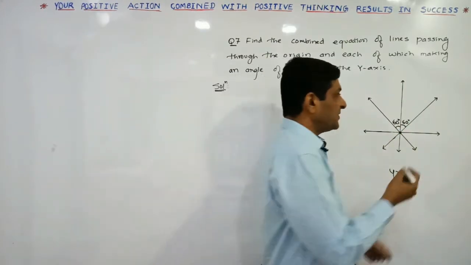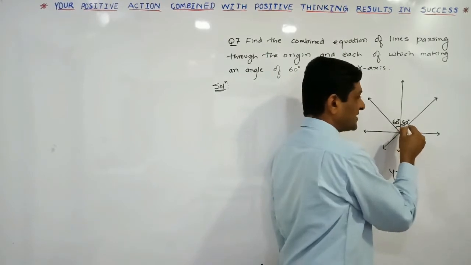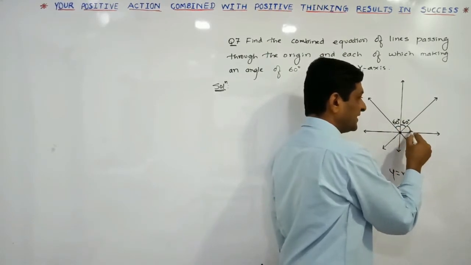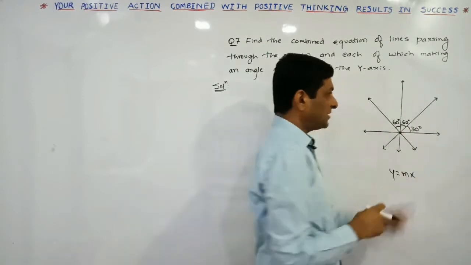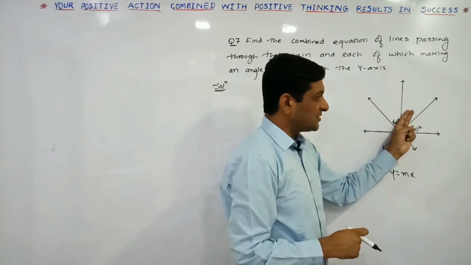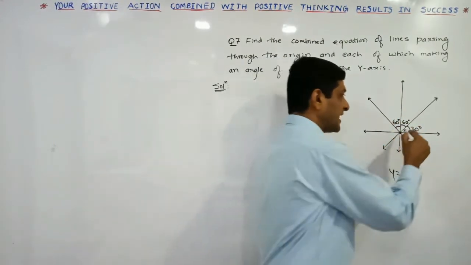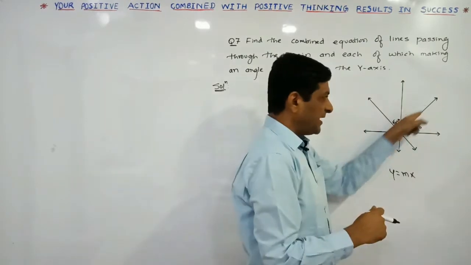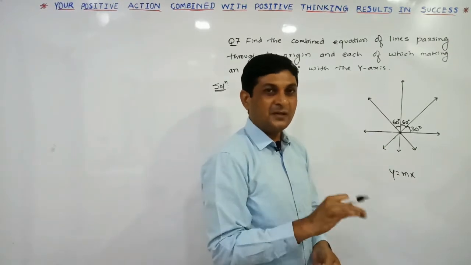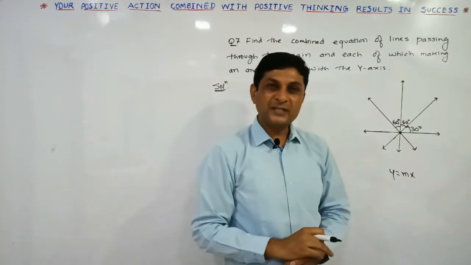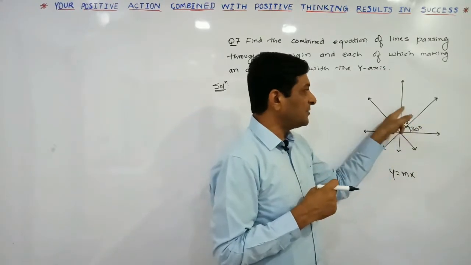So here we can observe that this total angle is 90 degree and this angle is 60 degree. If we exclude this angle of 60 degree, then this angle will become what? 30 degree. This total angle is 90, and if you leave out 60 degree, then how much will this angle be? 30 degree. Means we can observe that this 30 degree is the angle made by the first line with the positive direction of x-axis. Means we can say that this is the inclination of the first line. Now let us try to find the inclination of the second line. Here we can observe that this total angle will be equal to what?